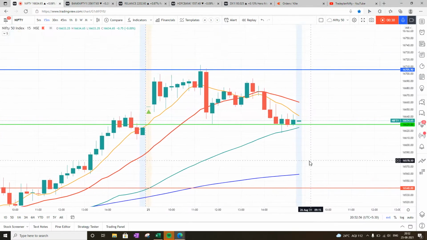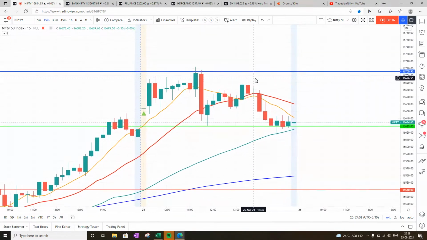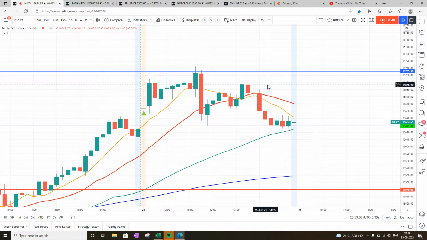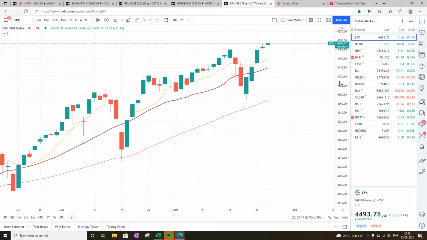Looks like tomorrow we're gonna have a trending day. We have already touched the top of the consolidation zone, but now we need to see how Lalaji is gonna act, whether it's gonna break this consolidation and move up or it's gonna go down. But before we get into detail of that, let's have a look into key elements of the market. So first let's start with the S&P 500.